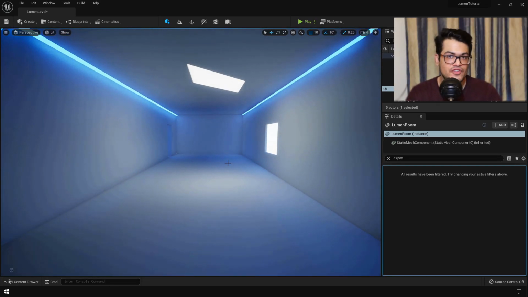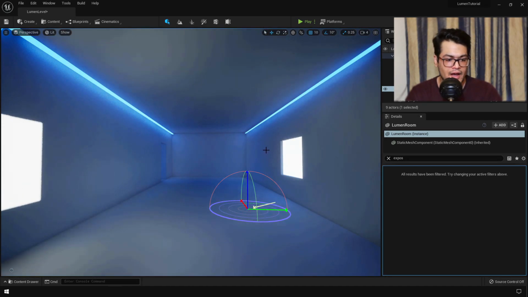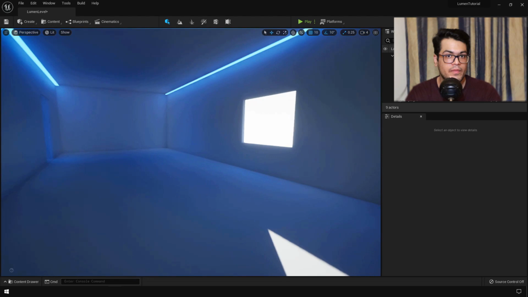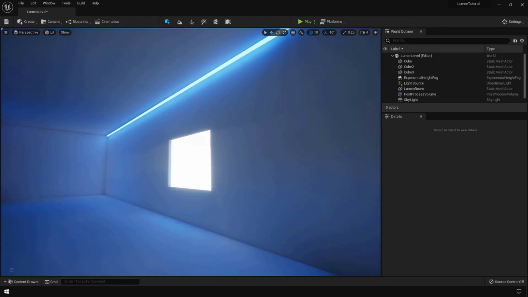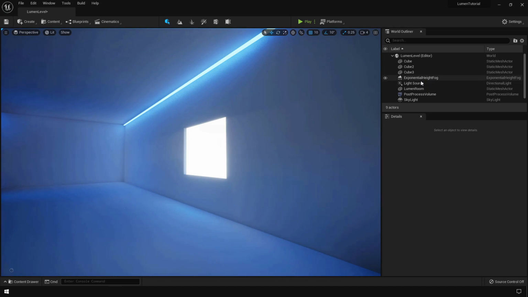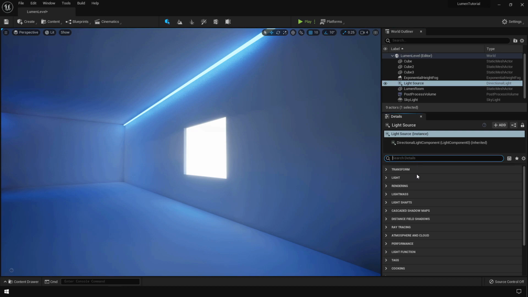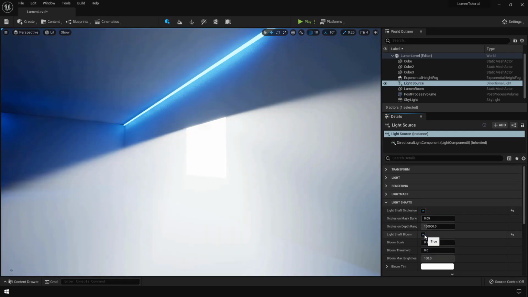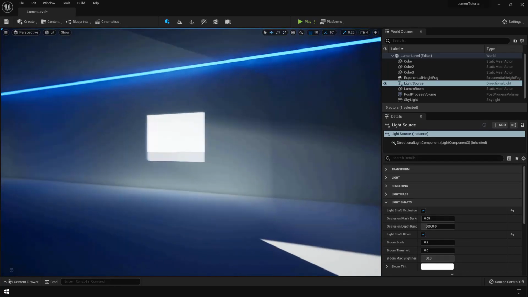Now we are going to add some volumetric light shafts in our scene. We already have some light shafts. It's a bit subtle and that is because of the volumetric fog that we added. If you want to enhance the effect of these light shafts, you can select the sunlight, the directional light, and go under the light shafts and turn on these light shaft options. You have two options: the occlusion light shaft and the bloom light shaft. I like to enable both of them.